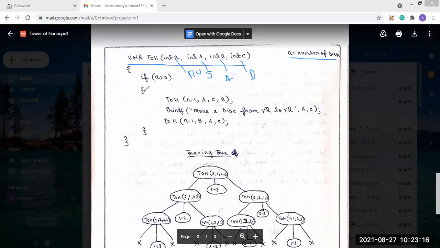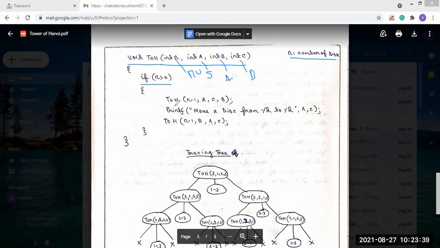Now, when will this condition run? If n greater than or equal to 0? That means the number of towers is greater than 0. Because if there is no tower, then the Tower of Hanoi problem will not occur. So the number of towers should be more than 0. That's why it is said, if n is greater than or equal to 0,